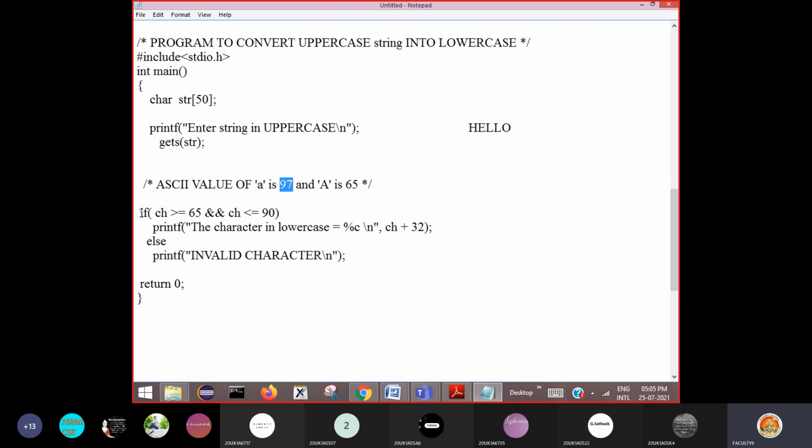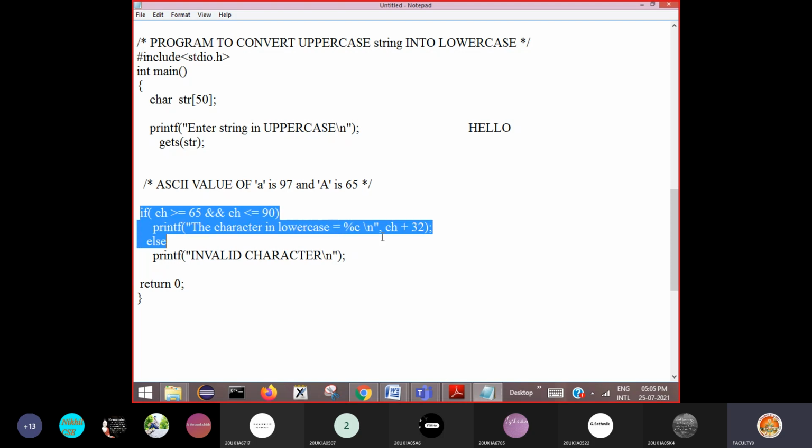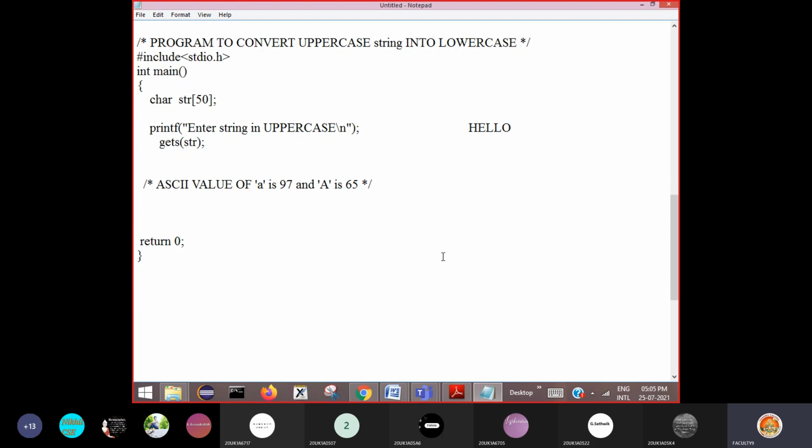Here you need to use a for loop, because you have to add 32 to each character. Say I'm taking a variable int i here.